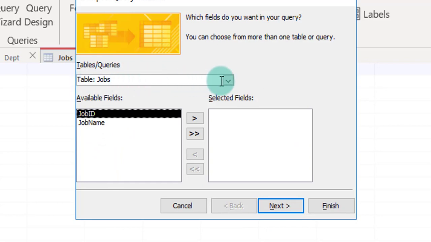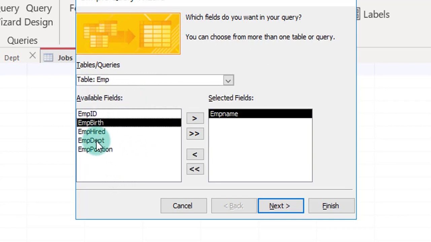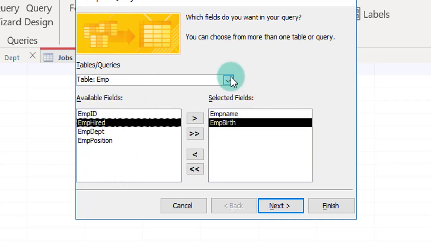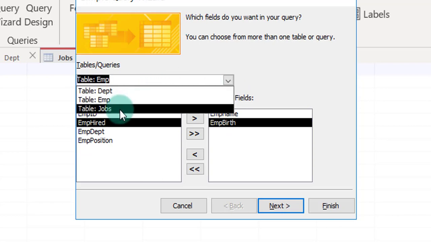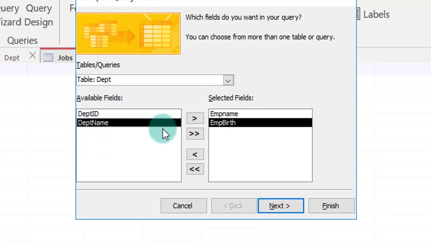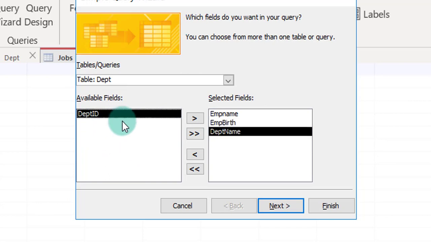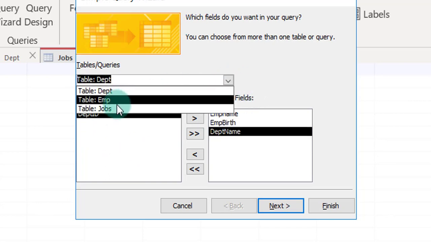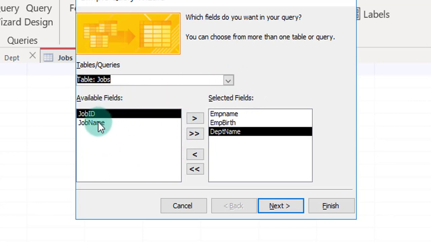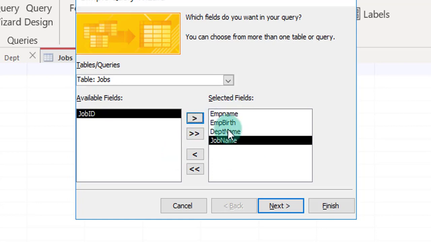At the top, you'll see a list of available tables. By clicking on the employees table and the employee's name from the available fields, and by double-clicking on the birthdate field, and by choosing the departments table and its specific fields. You can choose the fields either by double-clicking or clicking here, to display the field on the right among the selected fields.